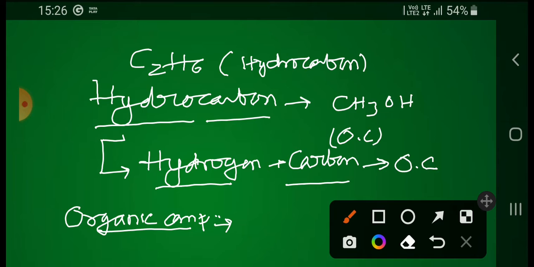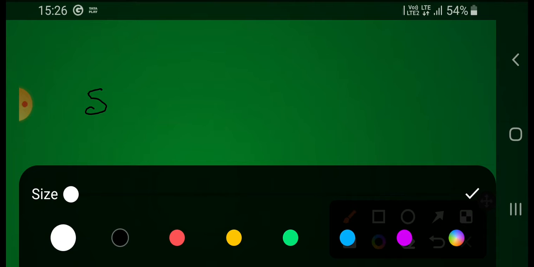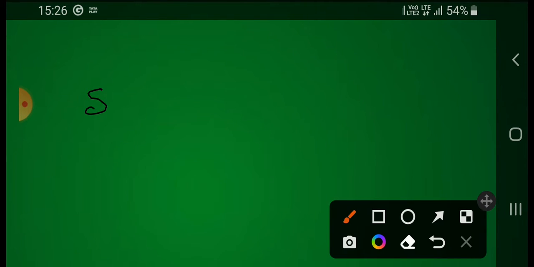So we can say that all the hydrocarbons are organic compounds, but all organic compounds are not hydrocarbons. Now, classification of hydrocarbon on the basis of bond. On the basis of bond, hydrocarbons are classified into two categories, one of which is known as